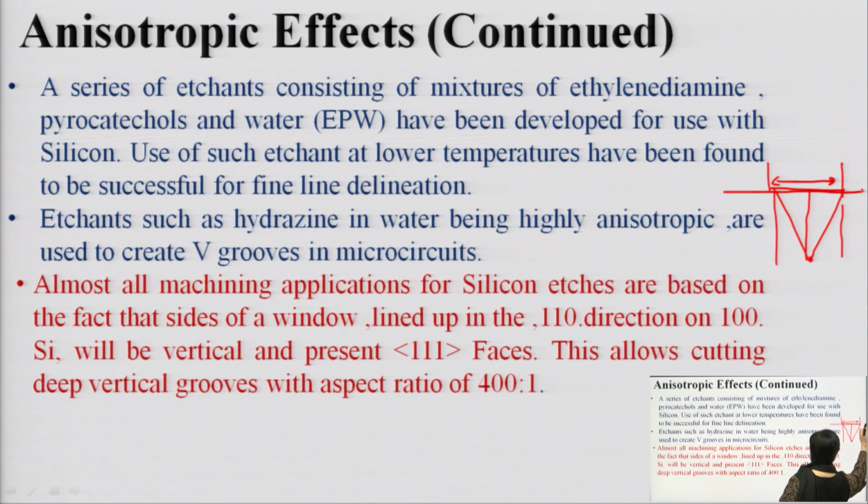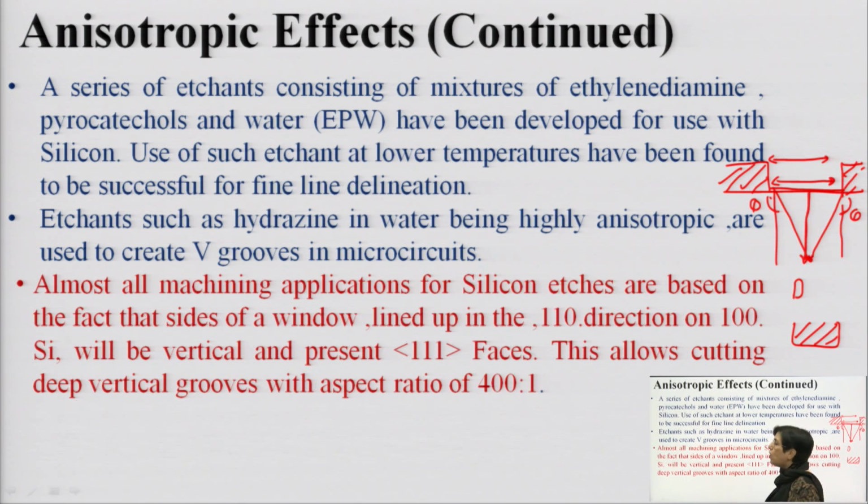Now, this is my surface, here I have the exposure area, and this is another oxide layer, suppose. I have a strong solution, its chemical reaction and angle, everything I am aware of, this angle I know. So, I can program or make sure that this window opening can be optimized so as to get vertical etch also in a desired manner, so that we have precise etching. So, a precise trench is getting opened using this kind of technique. Almost all machining applications make use of such techniques.